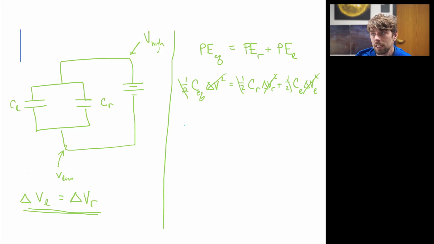Oh goody goody, we can cancel out the 1/2s. And we find out that we store the exact same amount of potential energy and have the same difference in potential, that's assumed, so long as the equivalent capacitor is equal to the sum of the individual capacitors. Or, if you prefer, again, more succinct writing,